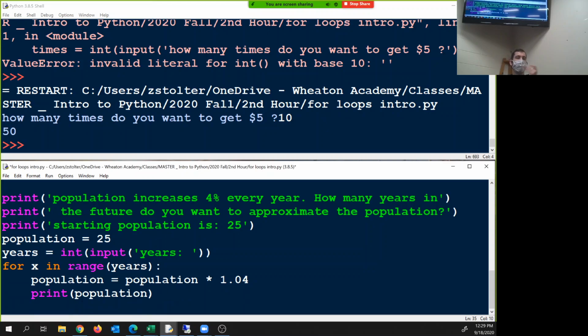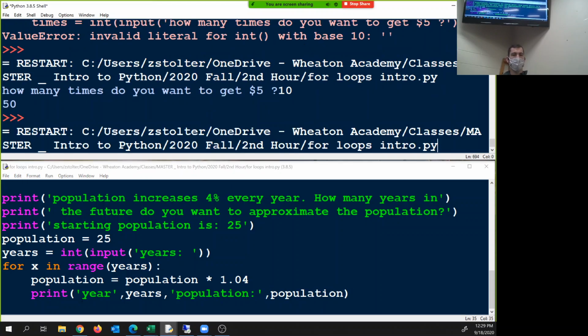Now, if I wanted to print year 1, year 2, year 3, year 4, how do I do that? I can print year, and then I can go years. And you can do population, that's the thing too, just so people know what they're getting. That's very good, yes. And I don't need that space. So now when I run this,